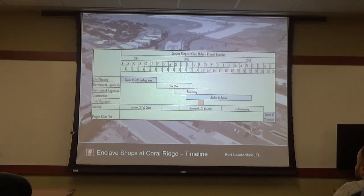So at the time, we had been designing the project and everything, and so what we did is we had to submit for a permit before the building code changed because you were grandfathered in. So we really officially submitted for a permit in June of that year. Sorry, were you or were you not grandfathered in? We were grandfathered in. But if you submit after that date, then your whole project has to be designed to